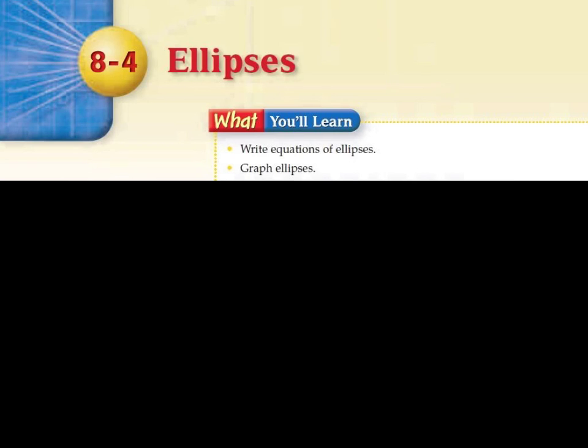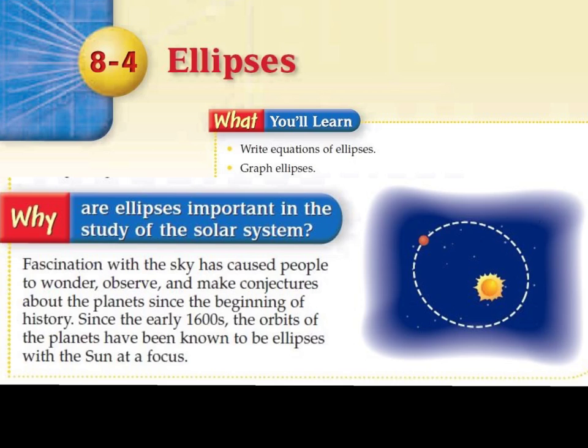In this lesson, you'll learn to write equations of ellipses and graph ellipses. Why are ellipses important in the study of the solar system? Fascination with the sky has caused people to wonder, observe, and make conjectures about the planets since the beginning of history. Since the early 1600s, the orbits of the planets have been known to be ellipses with the sun at